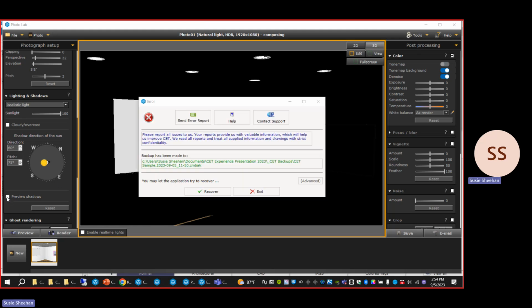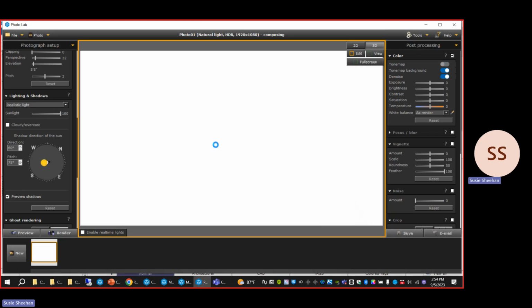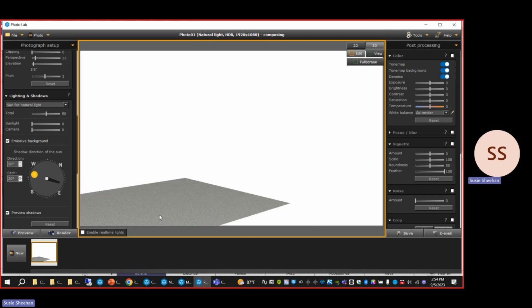And then you have this preview shadows tool. Oops, I'm going to recover this. So you have this preview shadow tool. If you click on preview shadows, you're basically going to